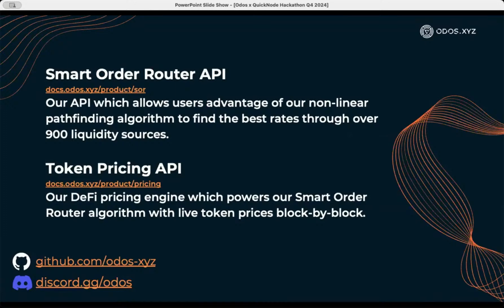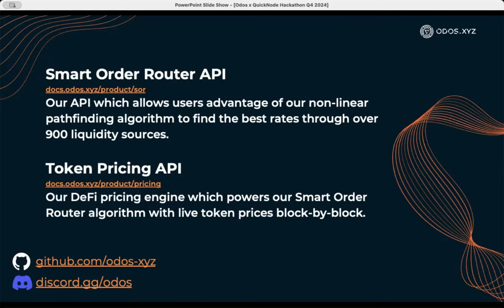Odos has a wide range of products and services. We recently released a QuickNode Marketplace add-on for our token pricing API. We recently released limit orders, a swap widget. We have our new simple swap, gasless and slippage-free swaps. But the scope of this hackathon is going to be focusing on our two API products, our flagship API products.